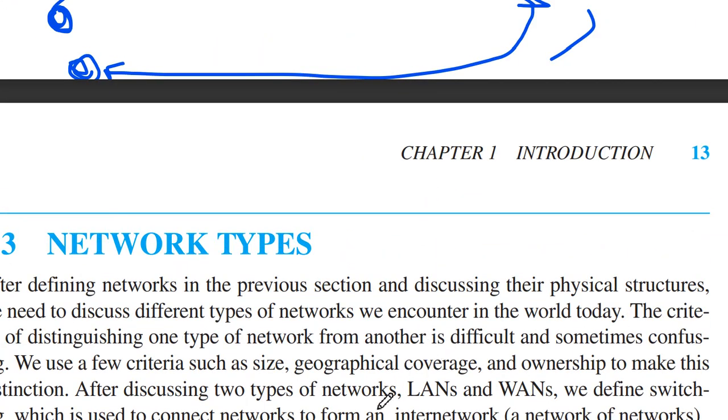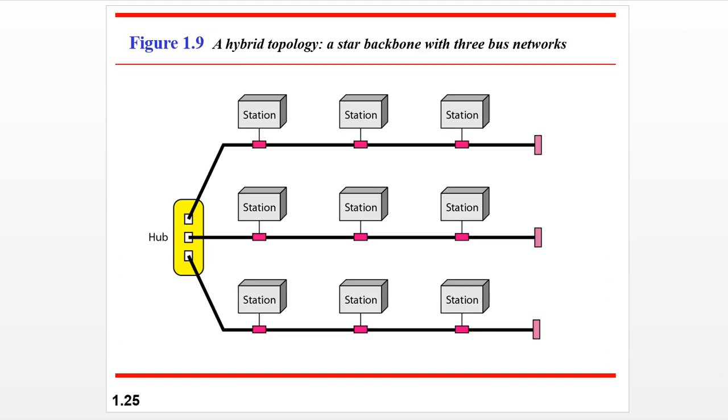One more topology is there. We call it a hybrid topology. Here I will show the diagram only. So this is a hybrid topology. Hybrid topology is nothing but a combination of many other topologies. Like it may have star topology, it may have bus topology, it may have ring topology. Here in the diagram you are seeing, we have used only star topology in part.